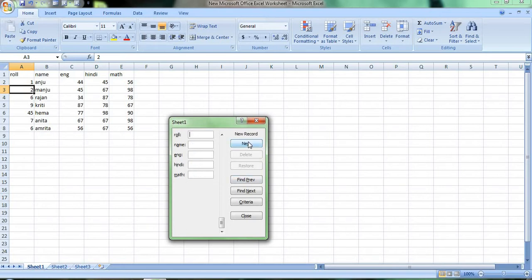If I have to create the new record, I'll write roll number 56, I'll write the name Preeti. I'll enter English 56, and I'll write 87. See, it is already entered here.